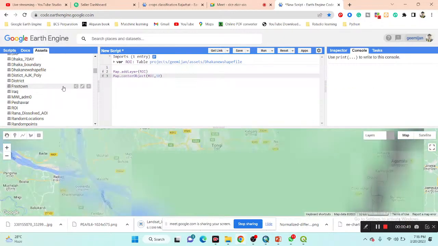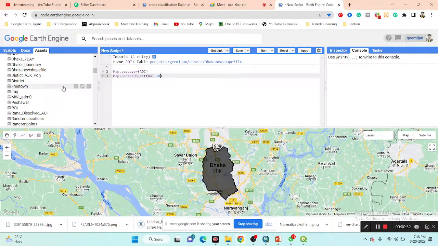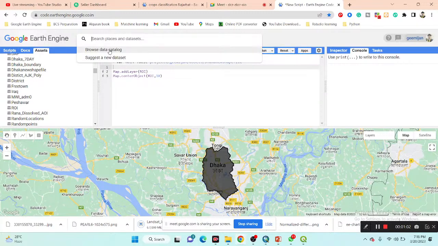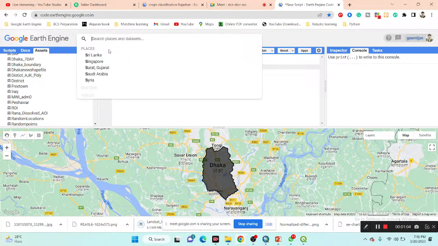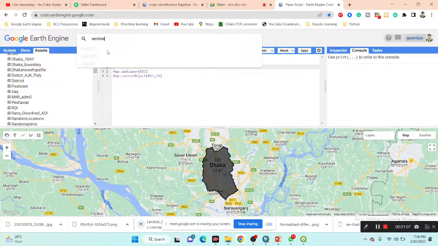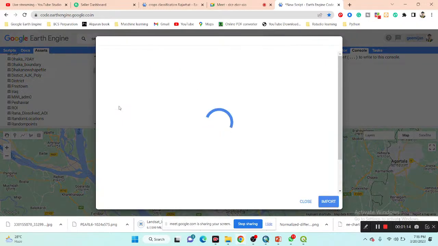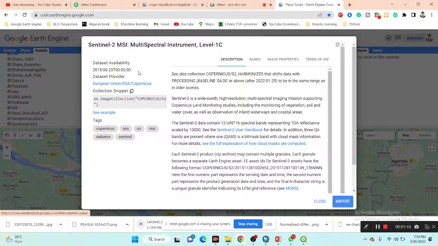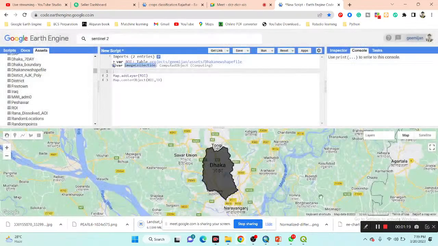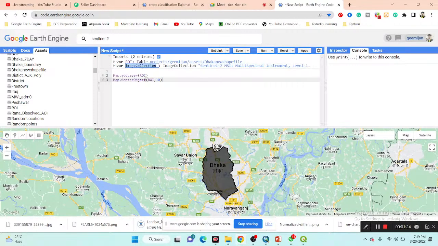This time I want to display the Sentinel-2 satellite images, mainly cloudy images, and then how we can easily remove the cloud. We also try to show the process. So I can simply search here Sentinel-2. I want to work with the multi-spectrum instrument and import this image collection, and put a variable name. We can use any variable name,